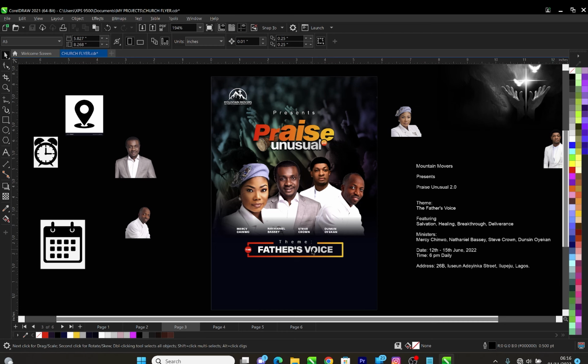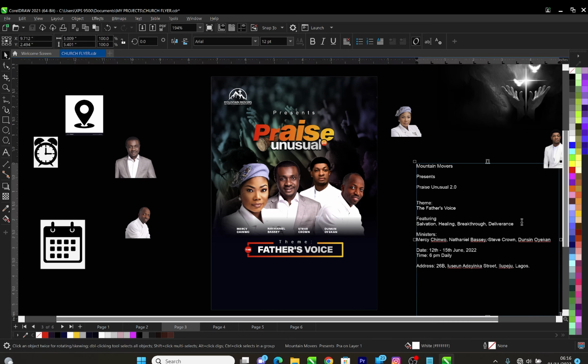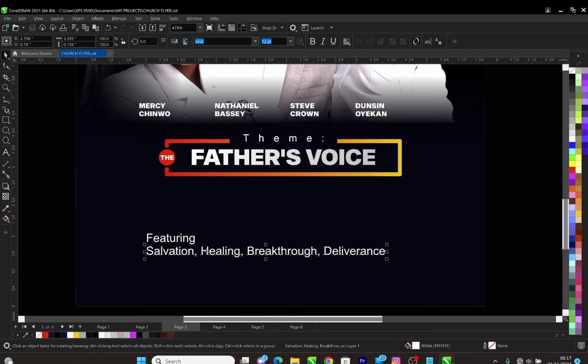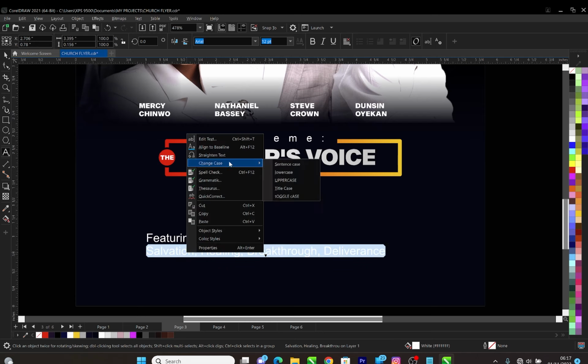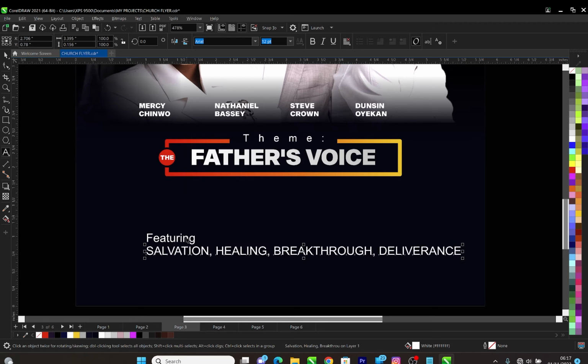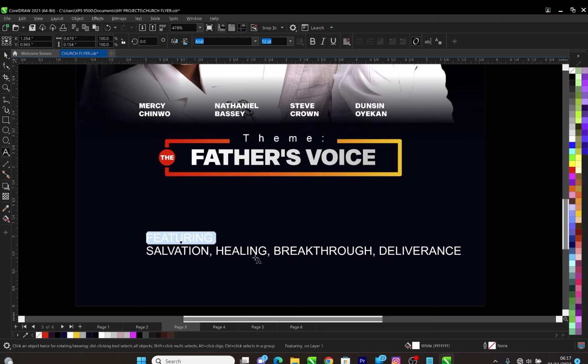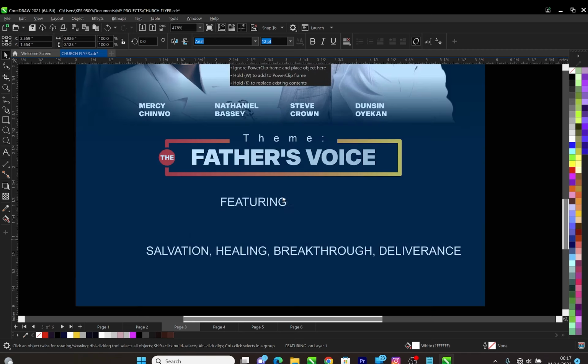So you see what we're having here. Now the next thing we are going to do is bring in these features and paste it here. Then we're going to break it by pressing Ctrl K. So the next thing we are going to do is highlight all of them and change it to uppercase, including this one. You change it to uppercase, right? So the next thing we are going to do right now is bring this guy here,